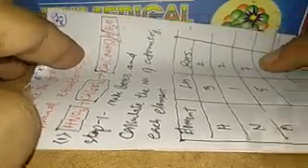The question: balance the following chemical equation: HNO3 plus Ca(OH)2 gives Ca(NO3)2 plus H2O. Now we want to balance this equation. In step 1, we'll put boxes around the formulas, and then we'll calculate the number of atoms present. You can see that hydrogen is LHS 3, RHS 2, nitrogen LHS 1, RHS 2, oxygen LHS 5, RHS 7, calcium LHS 1, RHS 1. So this is how we can understand the various elements present in this particular question.